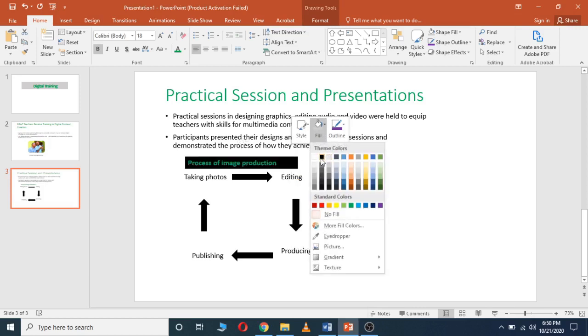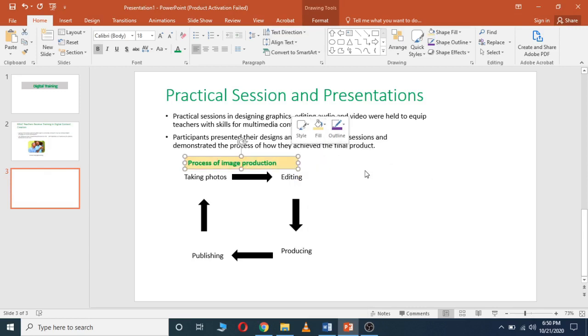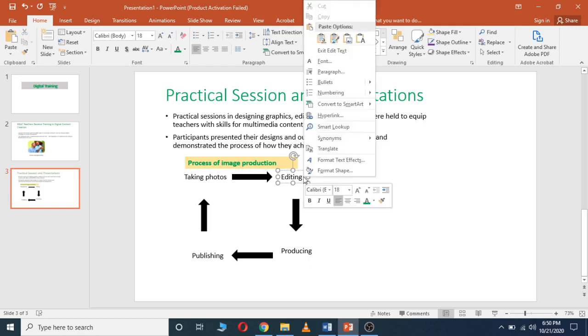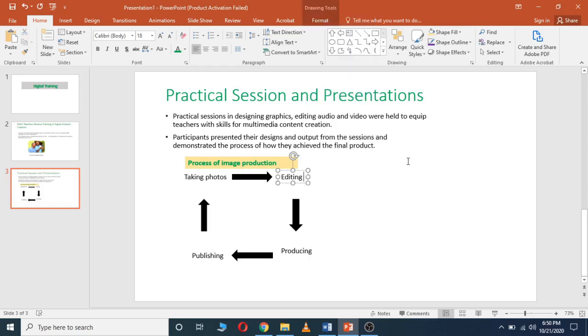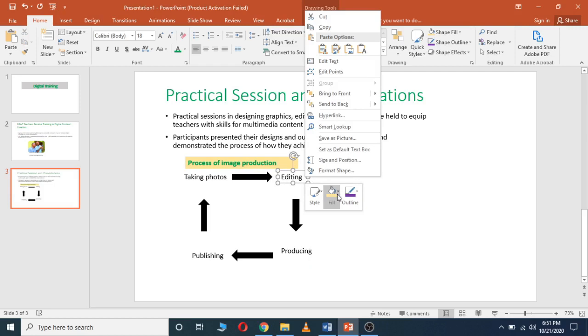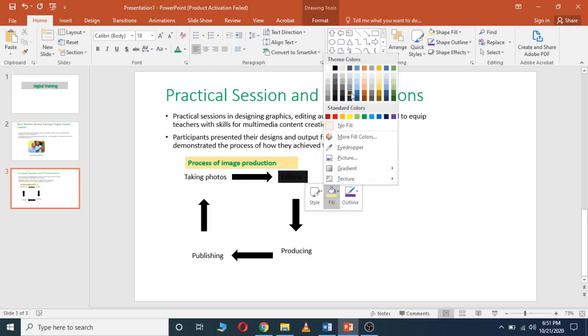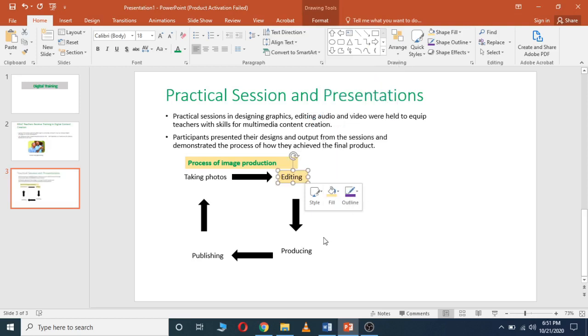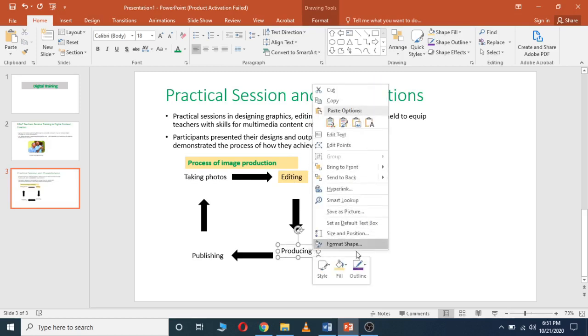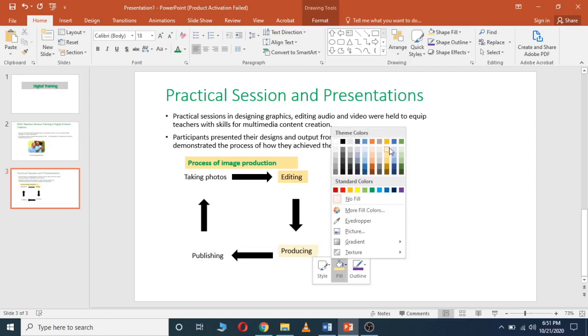You can choose to use this color, but even these words you can choose to give them a different color. Their text boxes can be given a different color like that one, and come to this and right click on it and click in fill,